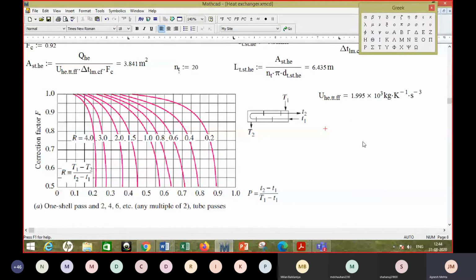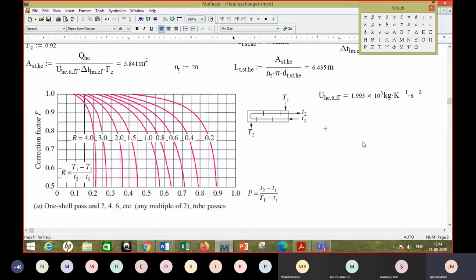So this is the end of our discussion on the shell and tube type of heat exchanger, and basically we are discussing the log mean temperature difference method for heat exchanger design. In both of these problems, at the end we found the heat transfer area, and then from that we calculated the length of the heat exchanger required. So in a way, this is heat exchanger design. That is, you have been provided the data for the process, the different flow rates and temperatures, etc. So you know all data for the process, right?